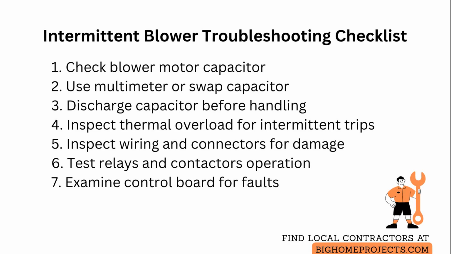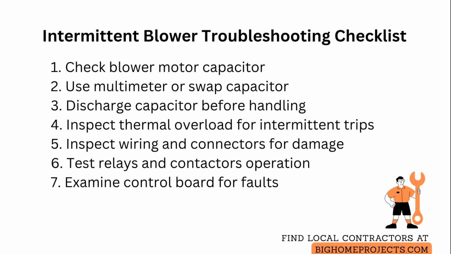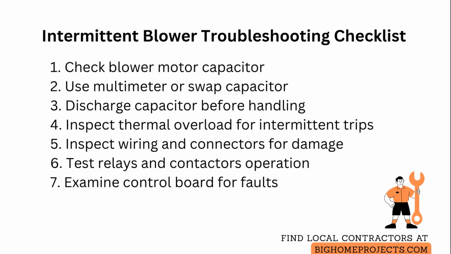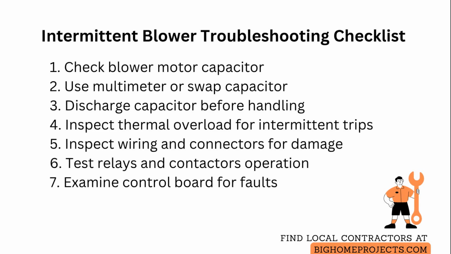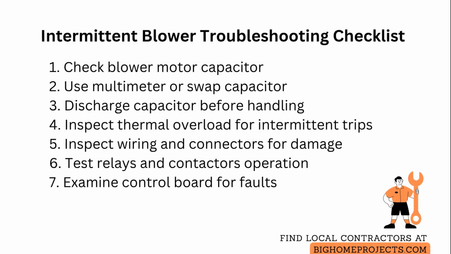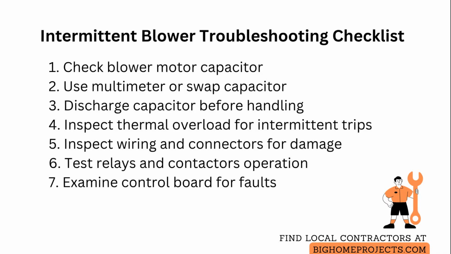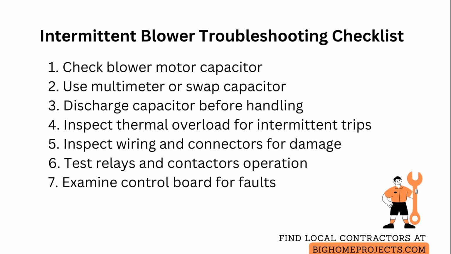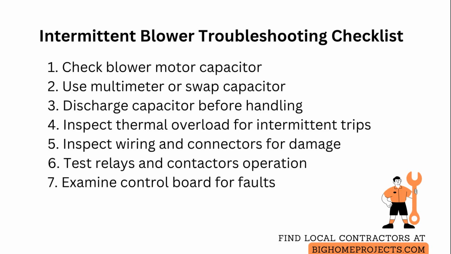moving parts. Test relays and contactors by watching the control coil and contact behavior during cycles. Intermittent relay coils or pitted contacts will sometimes fail to close and can be diagnosed by substituting a good relay or measuring coil continuity and contact resistance. Finally, examine the control board for cold solder joints or failing components, which can produce sporadic outputs. Look for hairline cracks, bulged capacitors, or burned traces, and consider reflowing solder joints or replacing the board if multiple